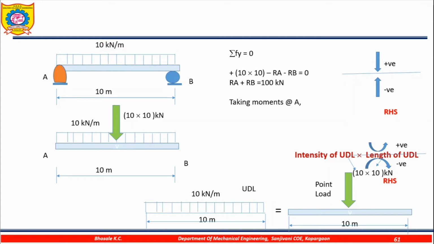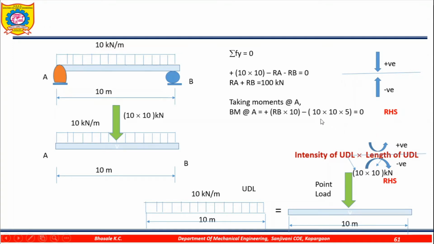Then we have to find the moment, and we know that the moment about point A is 0 and about point B is also 0, because both are end support points. So we are taking the moments about A. RB into 10 is going in the anti-clockwise direction, so it will try to rotate the beam anti-clockwise, so we have taken the plus sign. Similarly, this point load will try to rotate the beam in the clockwise direction, so we have taken the minus sign.